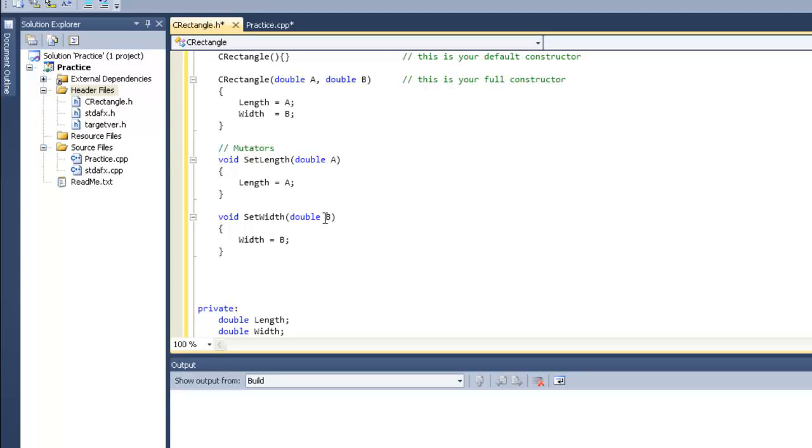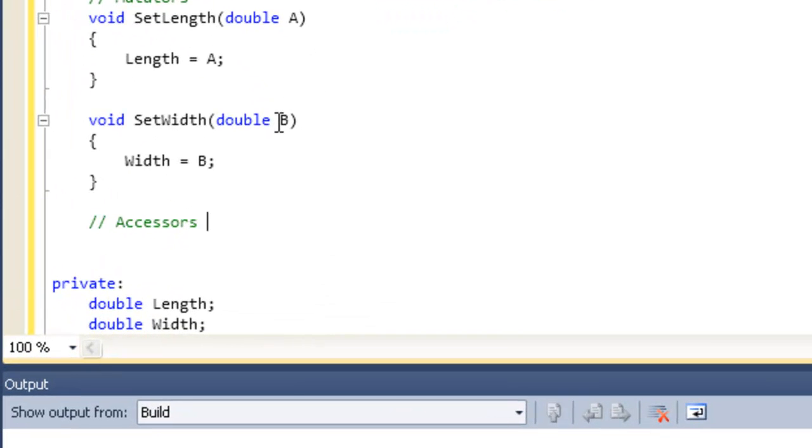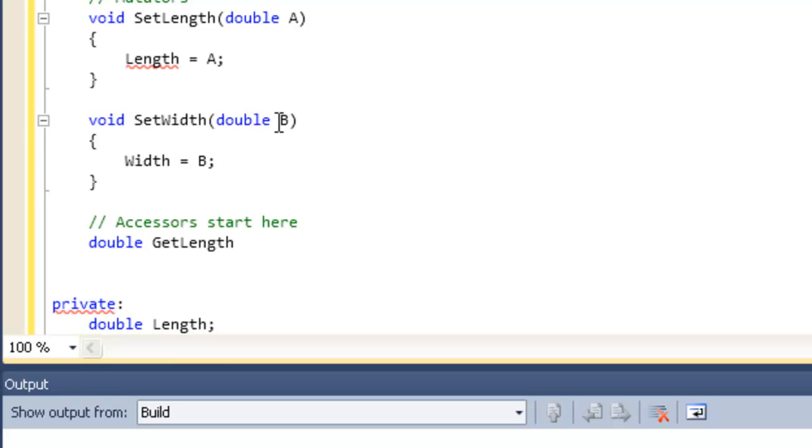Now we want to create the accessors. So accessors start here. Now we're going to do double, and this is going to be getLength(), and this one we're not going to add any parameters into here. So the open curly brace, closing curly brace, and now we're going to write return length;